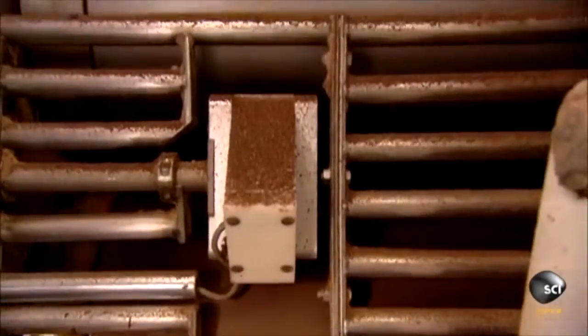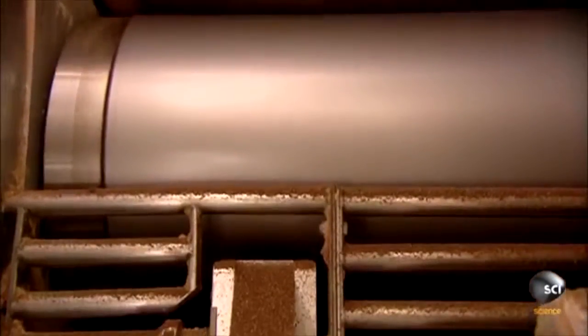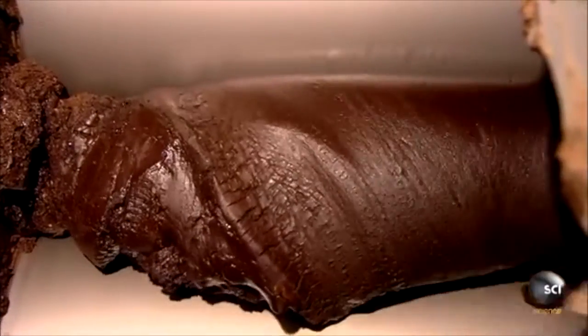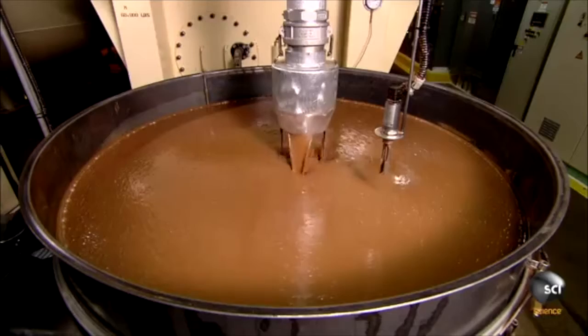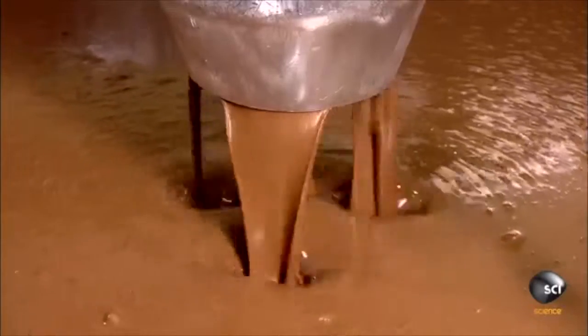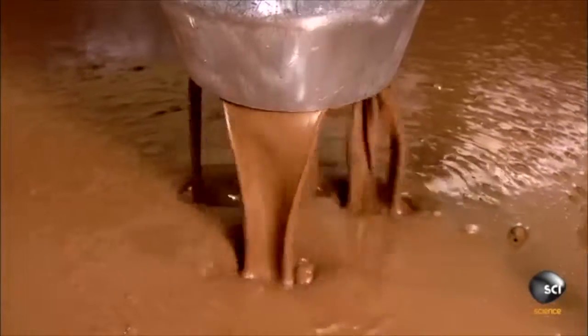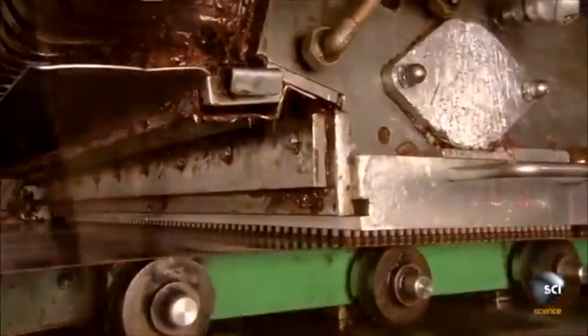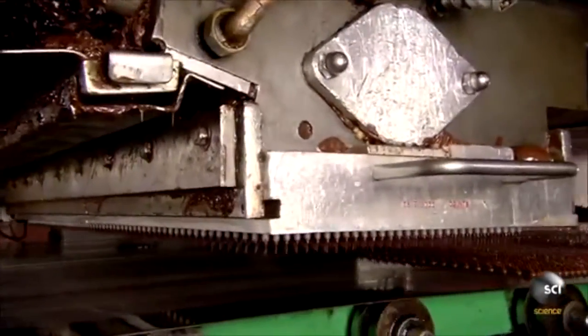The mixer blends the ingredients to the consistency of a very thick batter. The flavor is fine, but the coarse texture needs to be smoothed out. At this point, they add more cocoa butter, enough to reduce the viscosity to the exact thickness they need. Just a bit, for example, if they're making chocolate chips, or much more if they're making